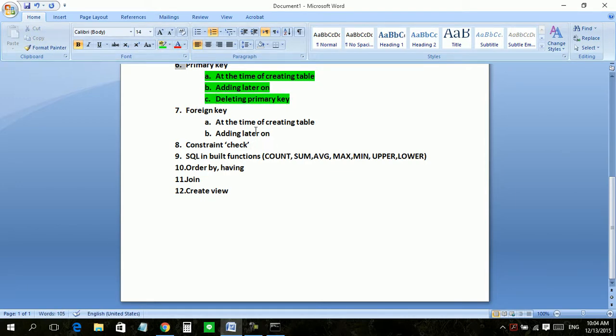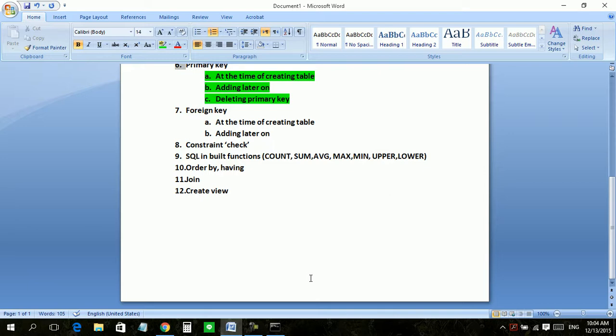Now comes the concept of foreign key. How to add a foreign key when the table is there, data is there, and while creating a table. The foreign key is a special key which helps us to maintain referential integrity.